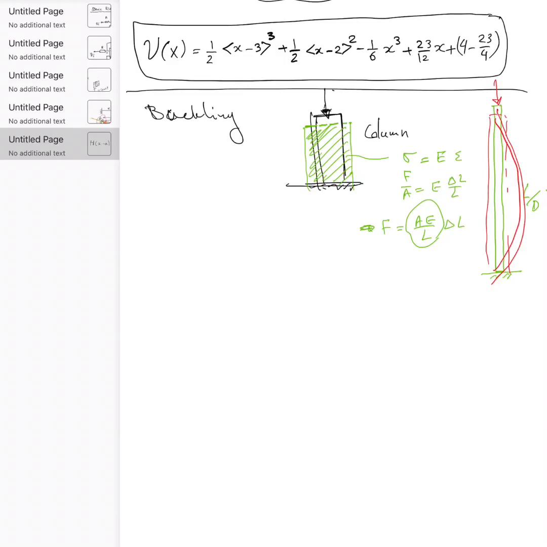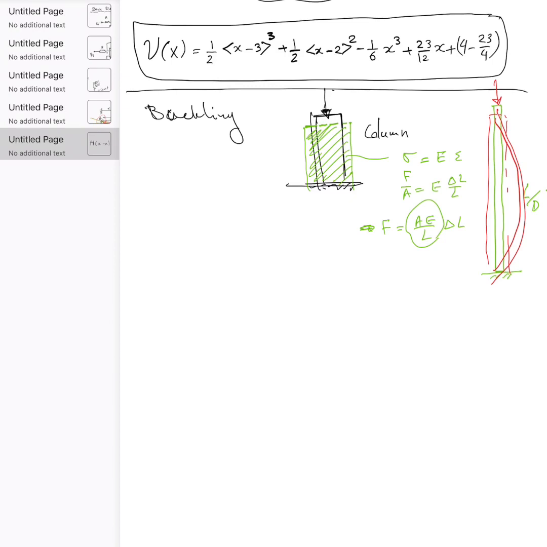Okay, now before I go ahead and discuss the buckling problem, I want to solve some example from your book using Heaviside function, and then you can compare the solution in the book, and then you can see how significant amount of simplification is done if you use Heaviside function. So let's go ahead to page